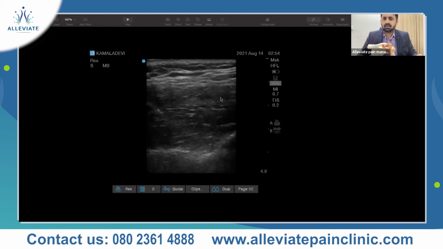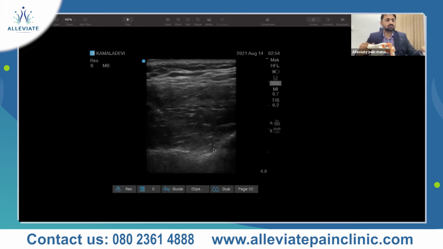The needle will not be very clear. It will not be just like how we saw in the supraspinatus. The reason for that is you cannot do a parallel needle. So you just cross the superior scapular transverse ligament. There's an artery here, avoid the artery. Get into the notch. You can inject local anesthesia with steroid. If you're doing a PRP in this area, you can use prolotherapy, 5%. You can use 5 to 6 ml.